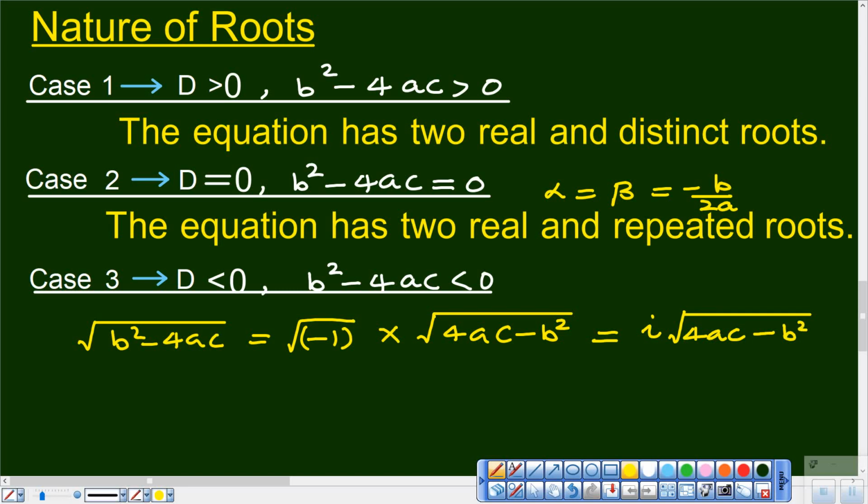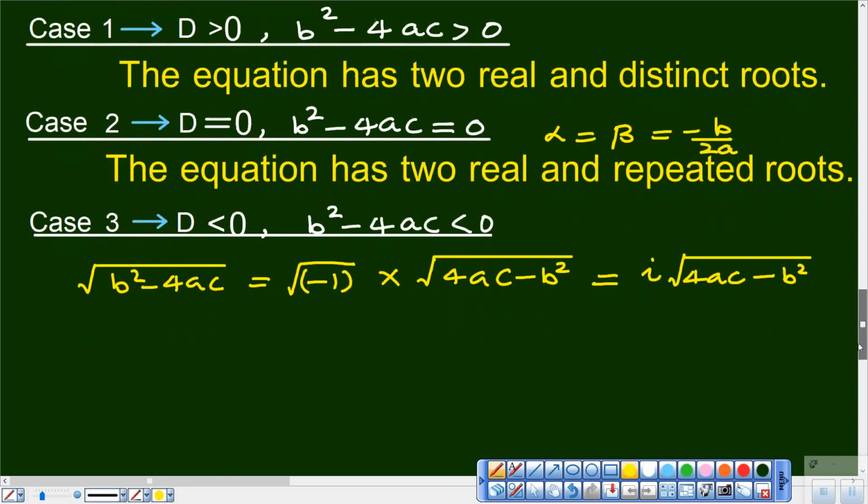And thus the two roots in this case would be alpha equal to minus b plus i square root of 4ac minus b square upon 2a,